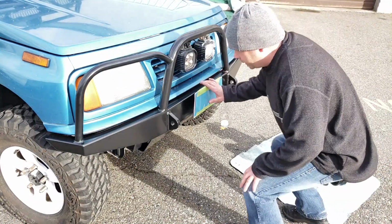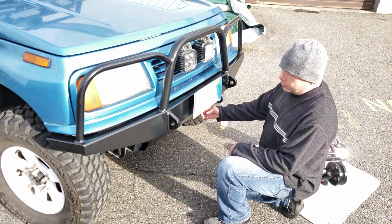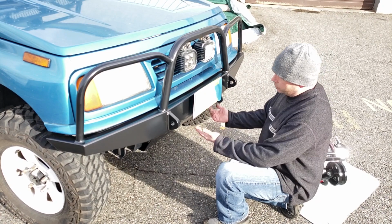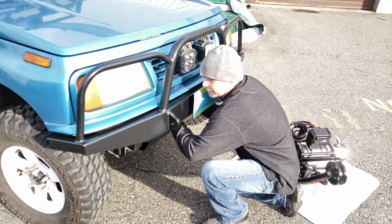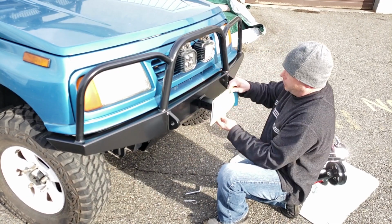So let's change out this license plate holder for the winch cradle. Again, the receiver access is up in behind the bumper, so that's why there's access holes in the skid plate here. So I just pull my pin, license plate slides out,